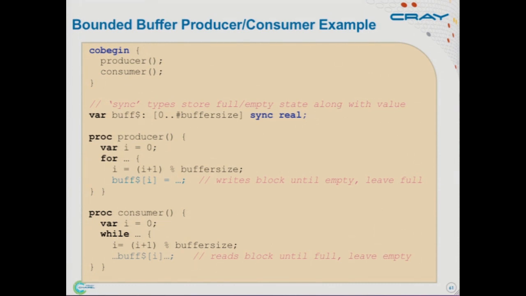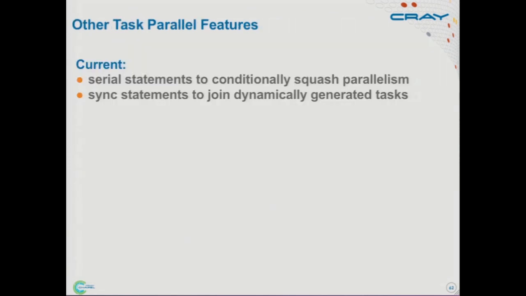So these synchronized variables do introduce some overhead, both in terms of space and time. Accessing a synchronized array element obviously takes more time than a normal one. But it's a productivity feature, right? It's much more elegant than dealing with pthread mutexes and condition variables and things like that yourself, which in many implementations is what's really going on underneath. And then you've actually seen the vast majority of the task-parallel features in the language. There aren't too many more.